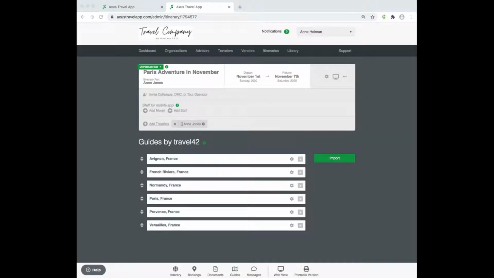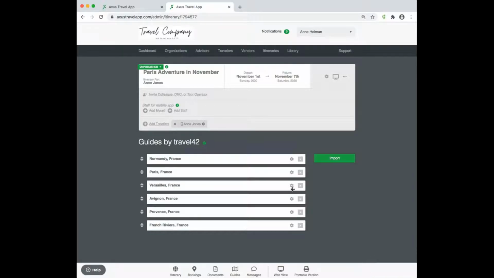Maybe you want to put in the order of the trip, where the travelers are going first, if maybe they're going to all these places. So literally just like the document section, I'm going to drag and drop. Right, and once I have them in the order I'd like,